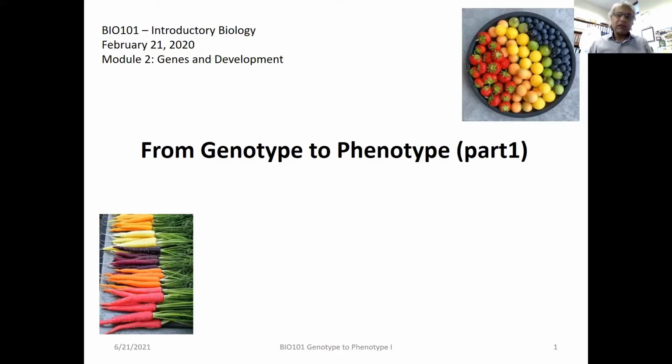So we have two words here on the slide, which will come up repeatedly in this module over the next 5 days: genotype and phenotype. So genotype is basically the collection of all the genes you have in a single cell or in an organism. And phenotype is the appearance. From genotype to phenotype means,